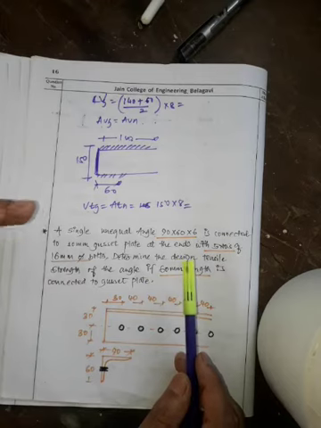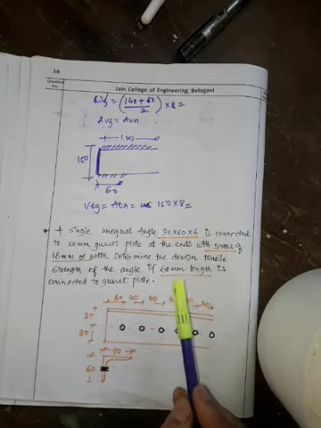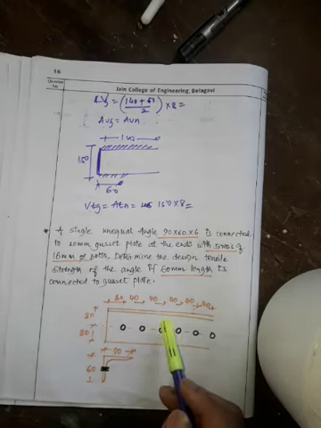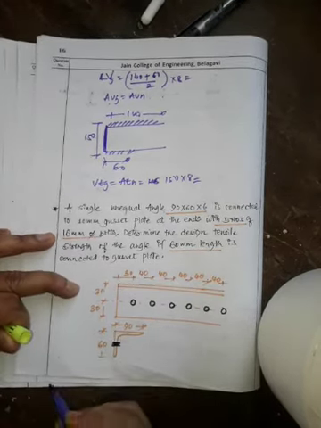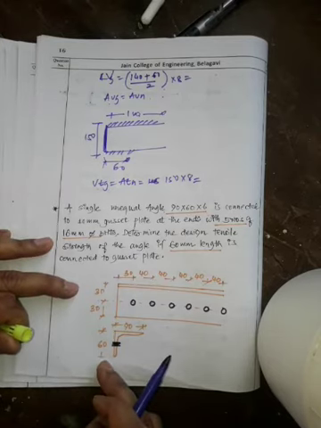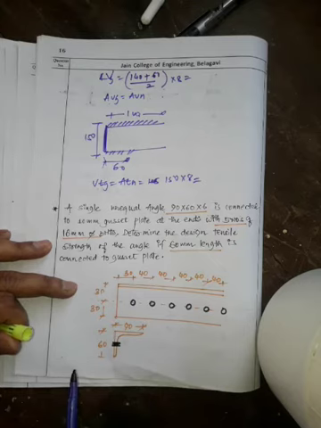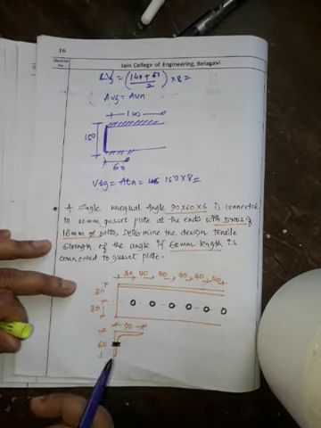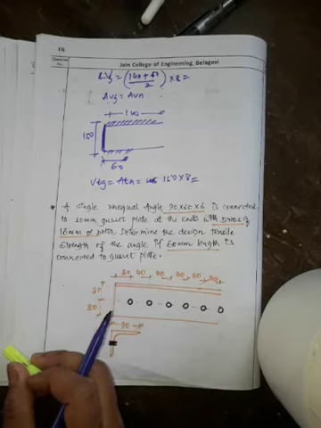We have solved the same problem in the previous session, but here the change is, in the previous session we assumed that the 90 mm leg was connected to the gusset plate, but in this, if the 60 mm leg is connected to the gusset plate, what is the change that you have to check? What will be the change in the design tensile strength that you have to check?